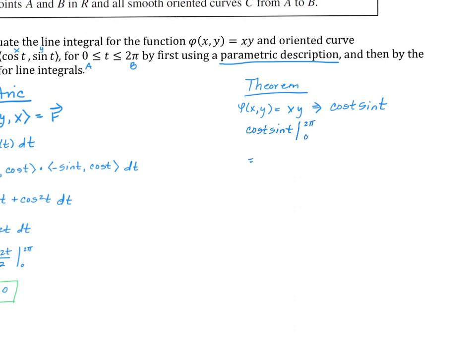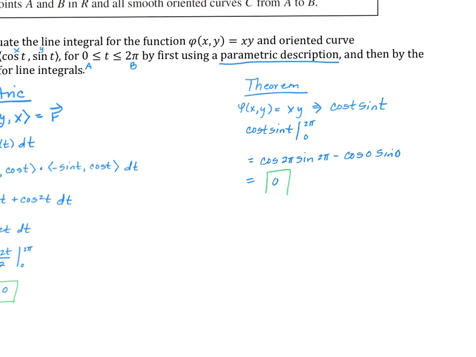And that's the fundamental theorem. So this is cosine of 2 pi sine of 2 pi minus cosine of 0 sine of 0. And that's simply 0,